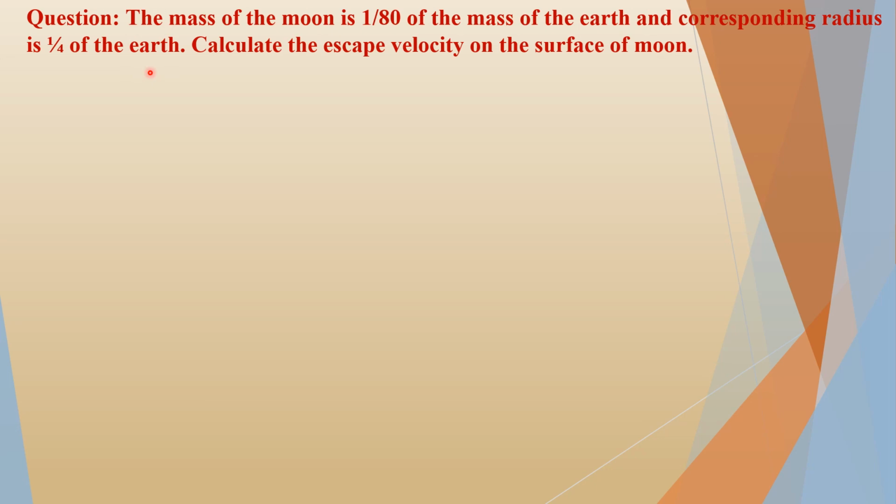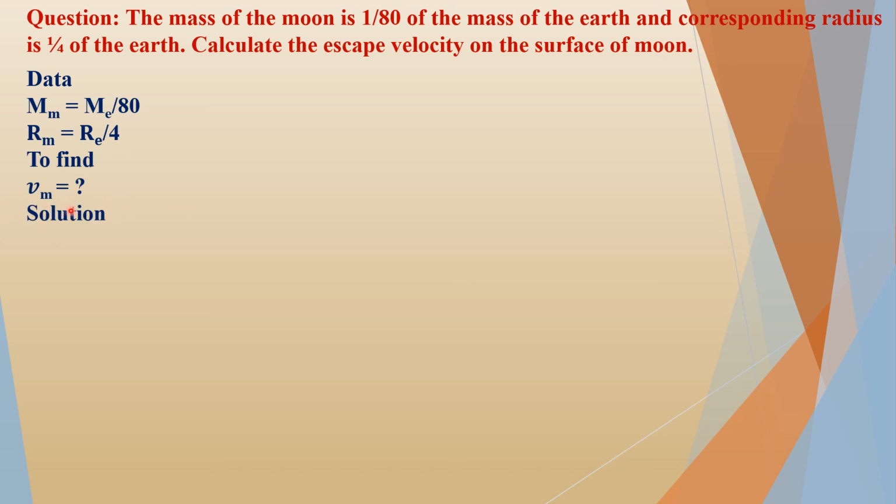Question. The mass of moon is 1 divided by 80 of mass of earth, and corresponding radius is 1 divided by 4 of the earth. Calculate the escape velocity on the surface of moon. Data. We have mass of moon is equal to mass of earth divided by 80. Radius of moon is equal to radius of earth divided by 4. We need to calculate V moon,